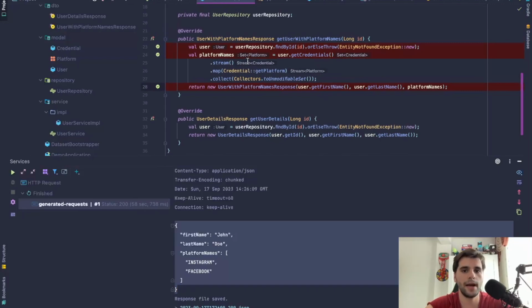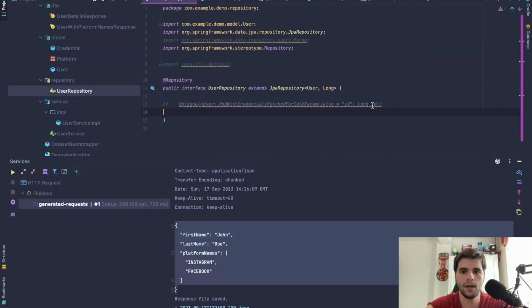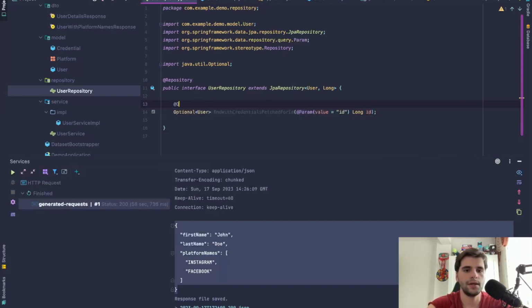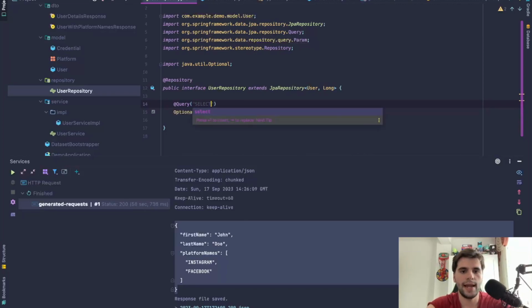and how we can avoid this is by creating a new query, and we will name it something like this: find with credentials fetched for ID, which in terms of where clause is the same as the find by ID. But what we are additionally doing here is building our own query, and by building our own query, which is of type JPQL, we can specify that we want to select the user